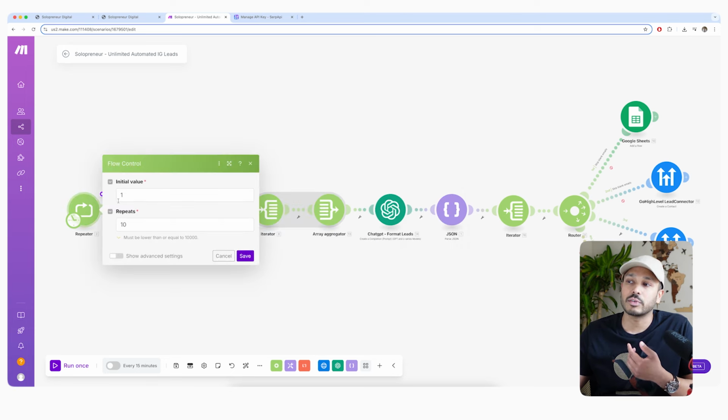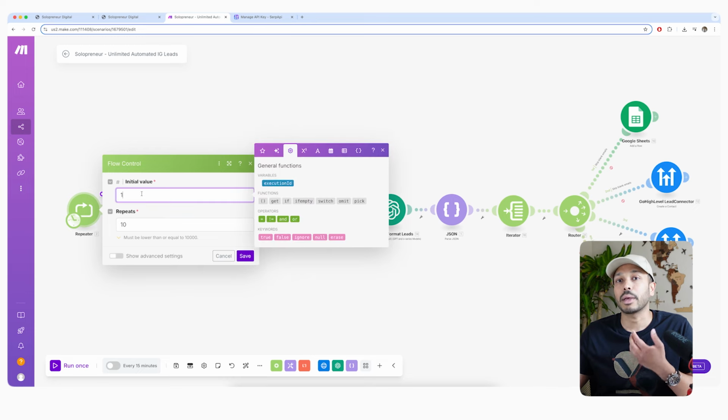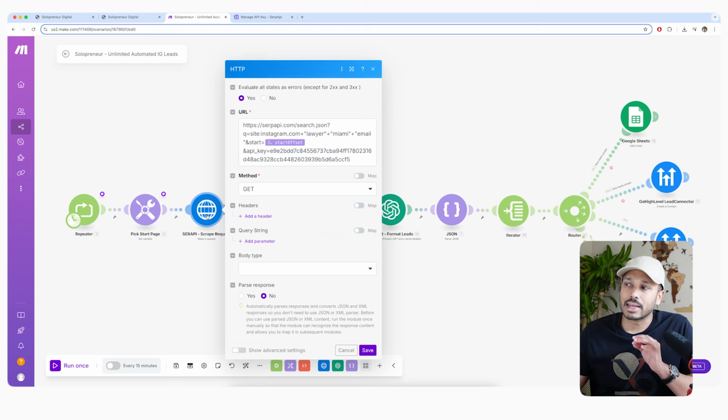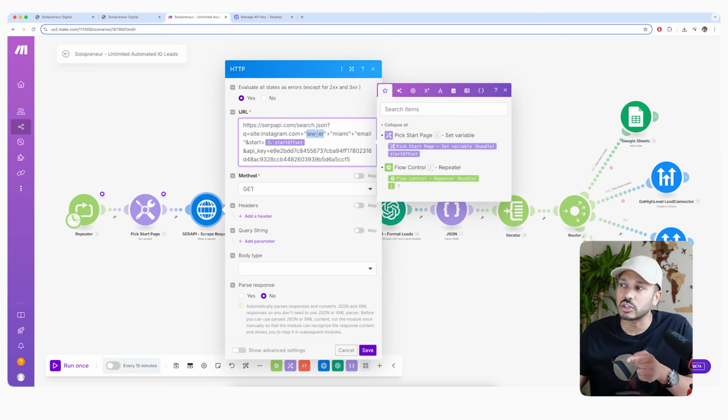And that's why if you set this to 11, then you'll get pages 11 to 20 instead of 1 to 10, and so on. So then next, here's where we're actually using SERP API to scrape this. So you don't need to change any of this. We've already changed your API key. All you need to change is lawyer Miami. So if you want dentist New York, or whatever city you live in, or whatever geography, however you want to do this, just simply change this word